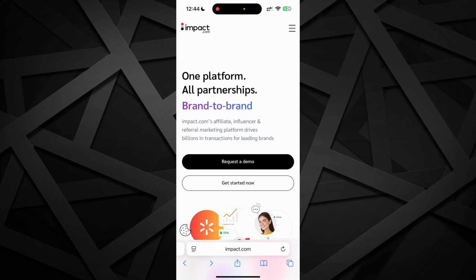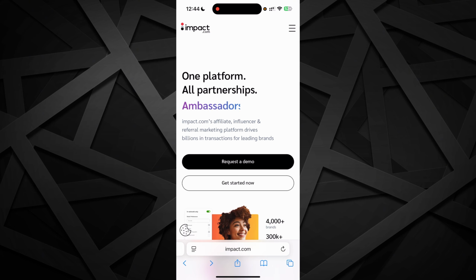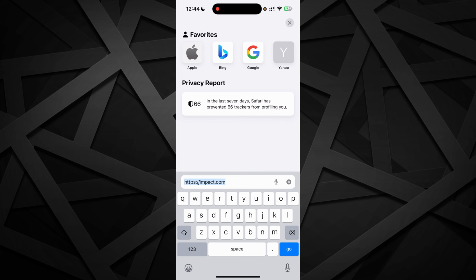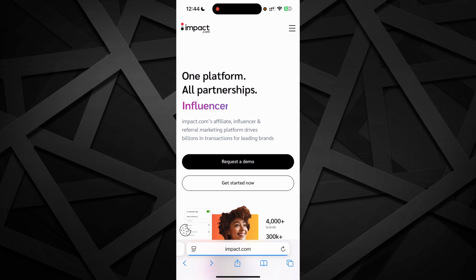So in this video, I'll be teaching you how to create an account on impact.com. First, you need to open your web browser, but in this case, I'm going to use Safari because I'm using an iOS. After that, search for impact.com and visit their website, and once you're in, you